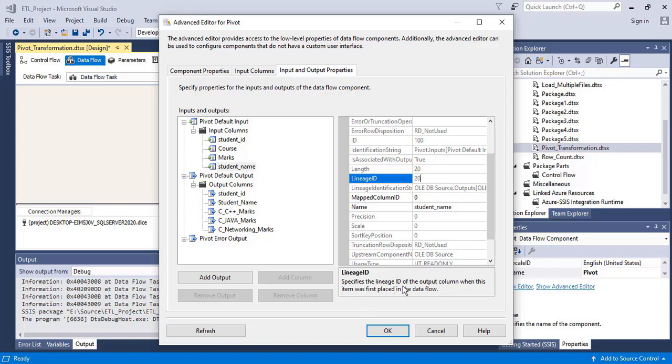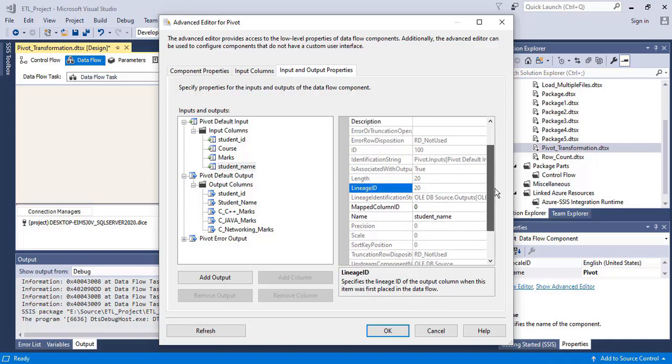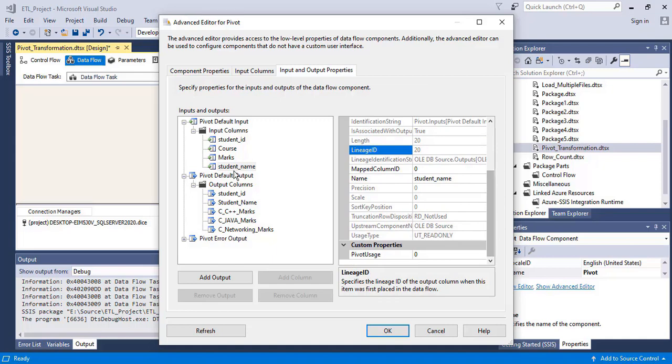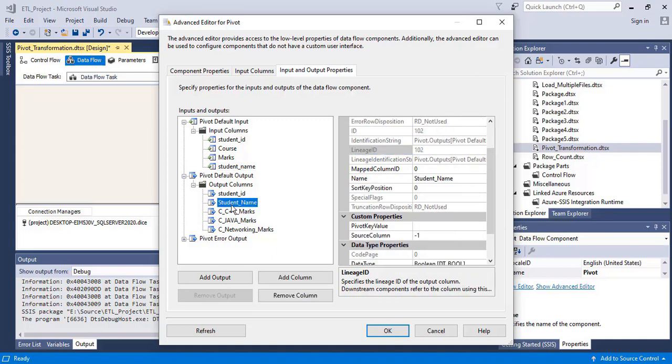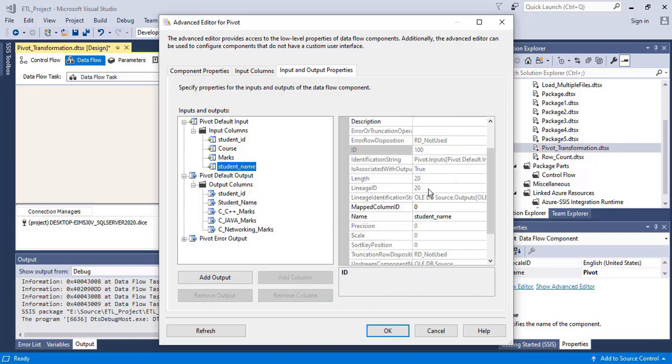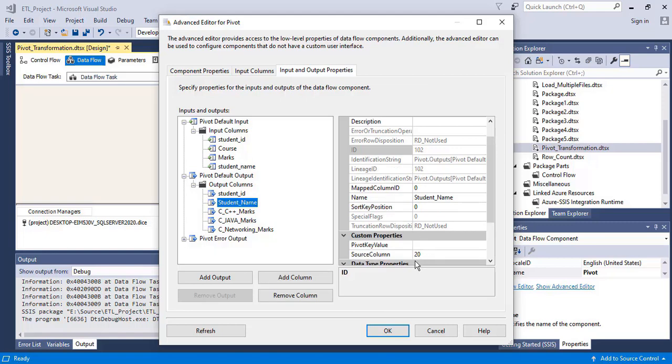Specify the lineage ID of the output column when this item was first placed in the data flow. So in order to match this column with this column, in the student name I'm going to mention the source column, and the source column is 20. Lineage ID equals 20. Here I'm going to mention the student name 20 and the pivot key value will be 0.